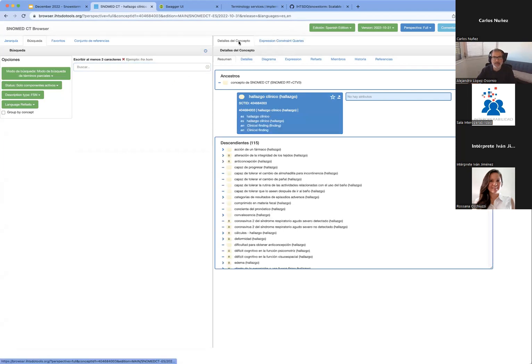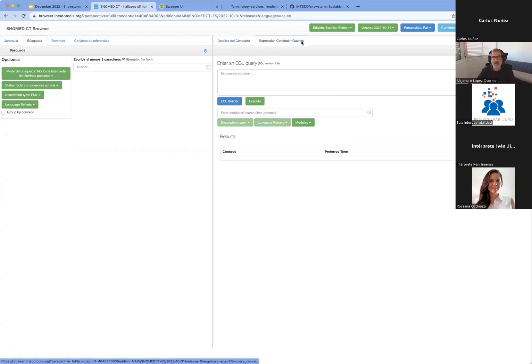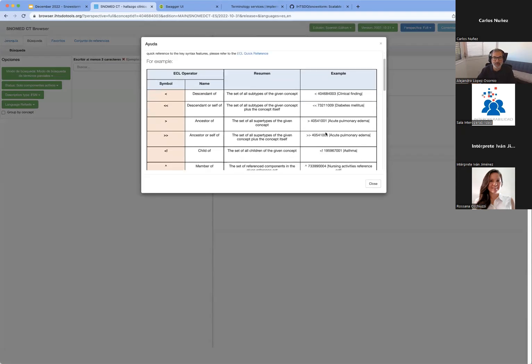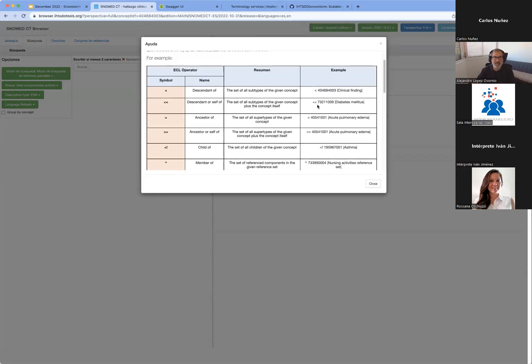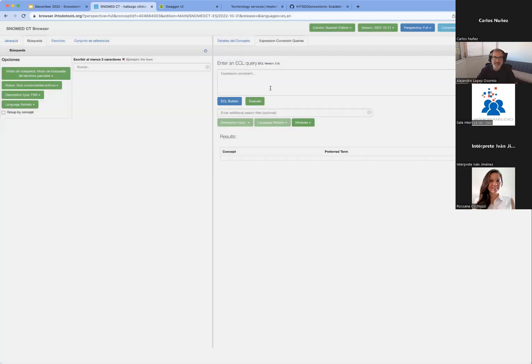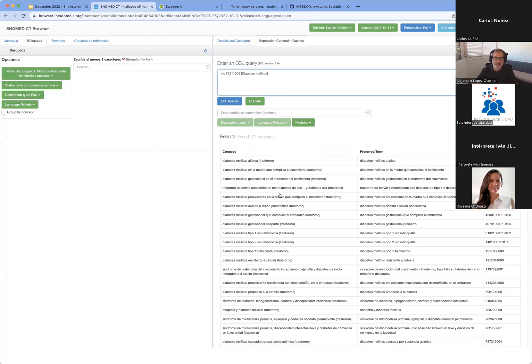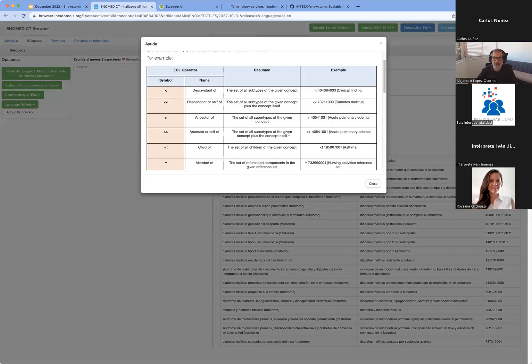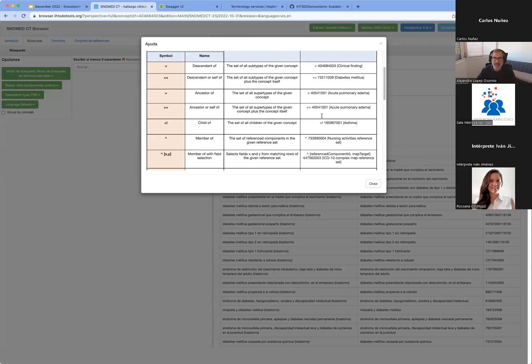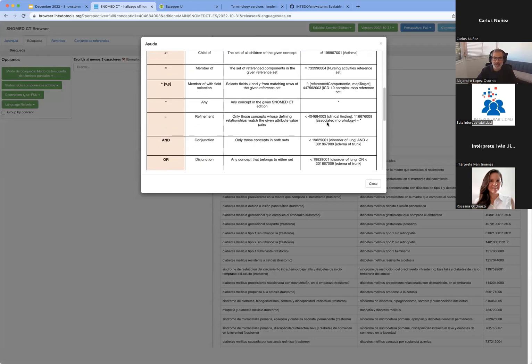I'm talking about the queries. Look, if you go to this tab, which says Expression Constraint Queries, ECL, you can click here and take a look at some examples. You wanted, for example, descendant or self-of. This means that it is a descendant or self-of diabetes. So it gives me all the different types of diabetes, 121 types. But also, and I'm doing this so that you can take a look at it, you can look at the ancestors, or you could also